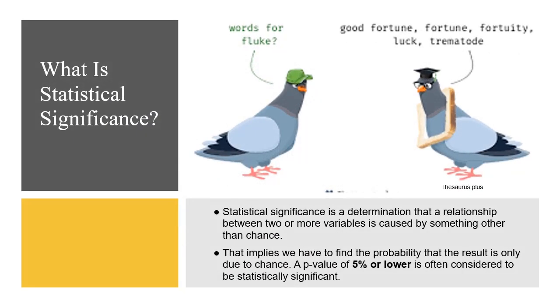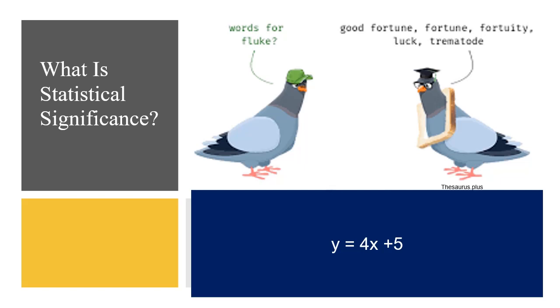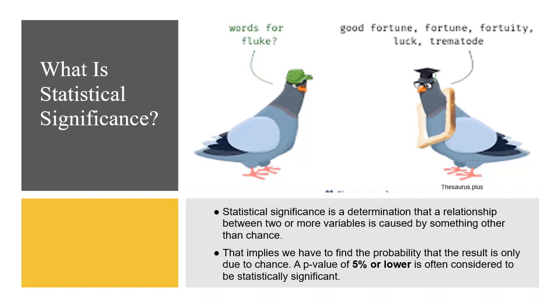Next, we should know what statistical significance is. Suppose there is a data set, and we have only one x. Now you found some relation, let's say y is equal to 4x plus 5, and most of the data points appear to follow that. This 4 and 5 are the coefficient and intercept. Now whether this has come by fluke or by a real relation, you don't know. The statistical significance decides that.